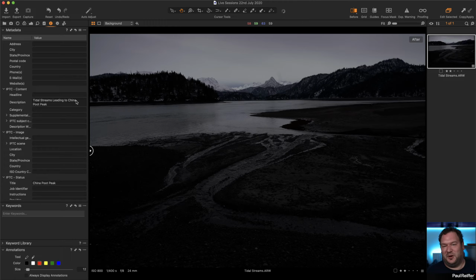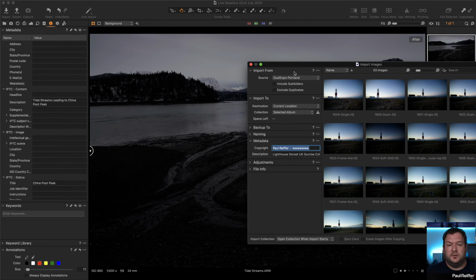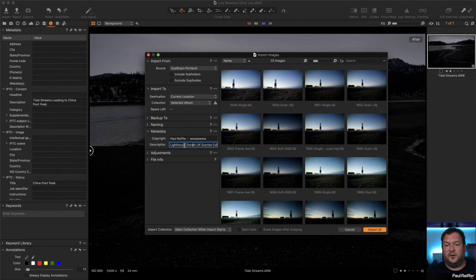But if you don't have time for that and you just want the ability to search for things, just make sure that when you import, you've got some content in this description. Use it like a keyword field if you want to, and just put in all the keywords that are relevant to that shoot. So the country, the type of shoot, whether it was summer, winter, or whatever,